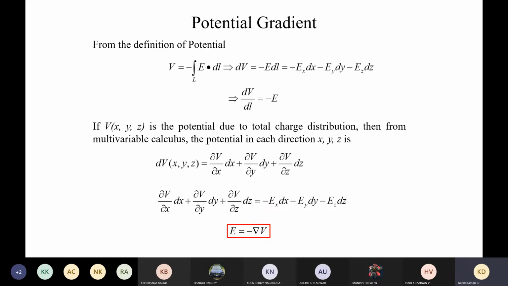For instance, I have to move a point charge from one particular position to another particular position. Therefore, at what rate do I have to increase the energy? In other words, it is a kind of acceleration type here. So in order to calculate the potential gradient,